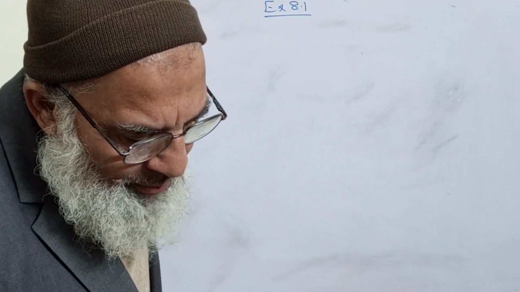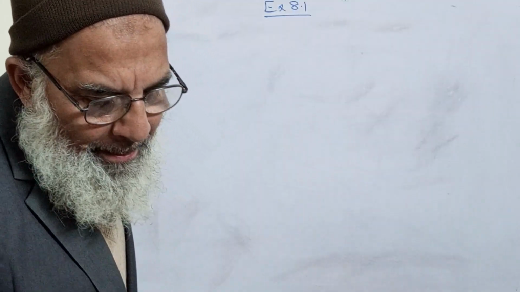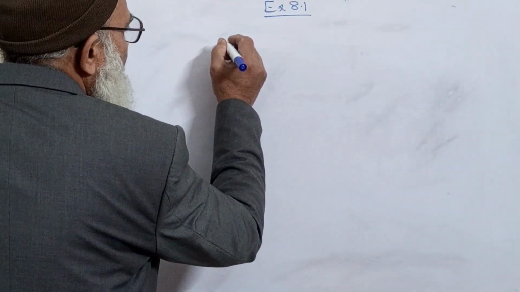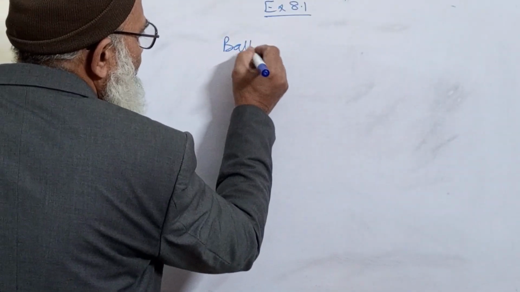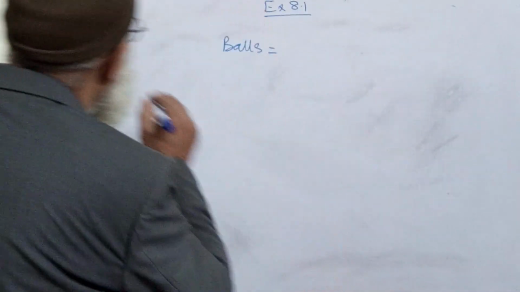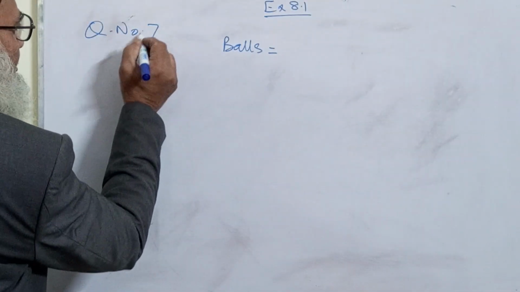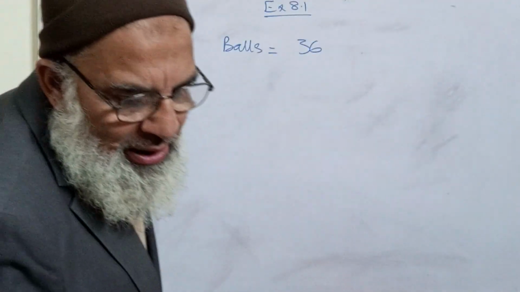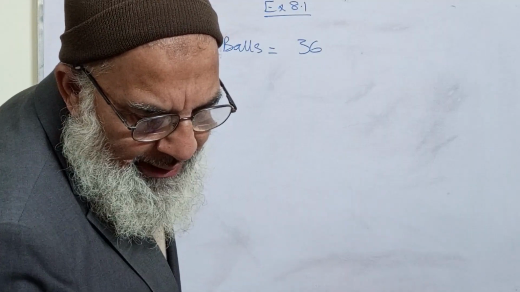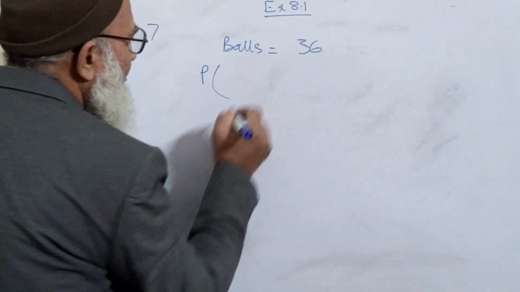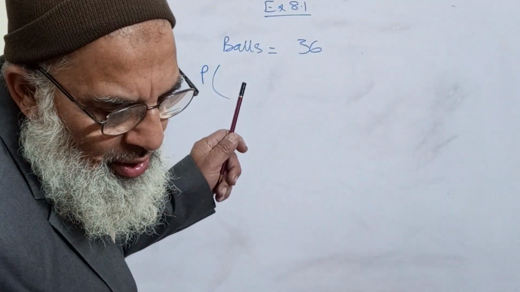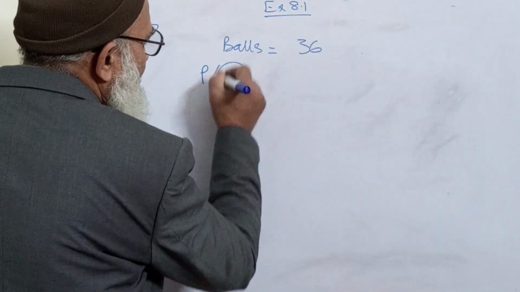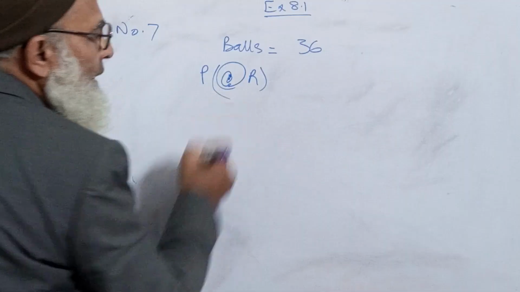A bag contains 36 balls. The probability that a ball drawn at random is blue. How many balls are there? Now in a bag, question number 7, balls are equal to 36. The probability that the ball drawn at random is, at random,